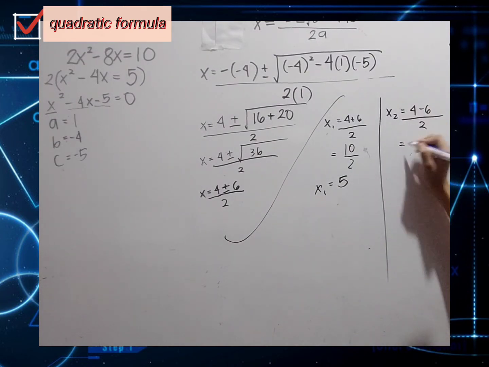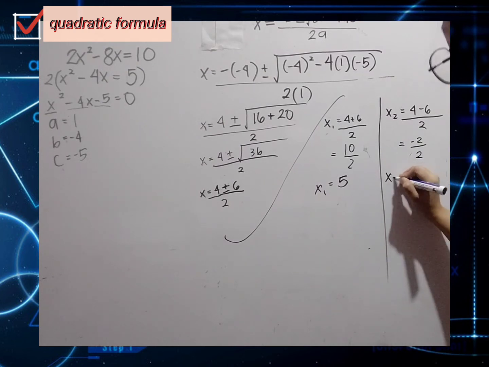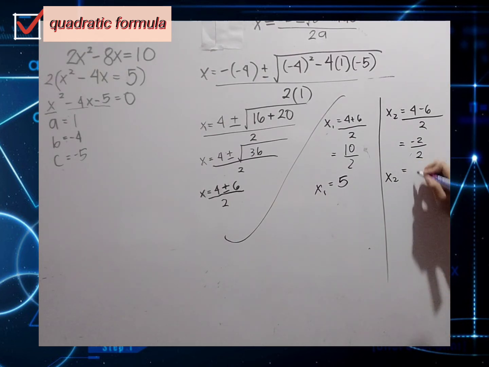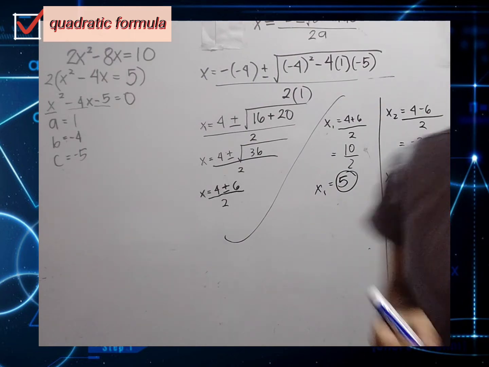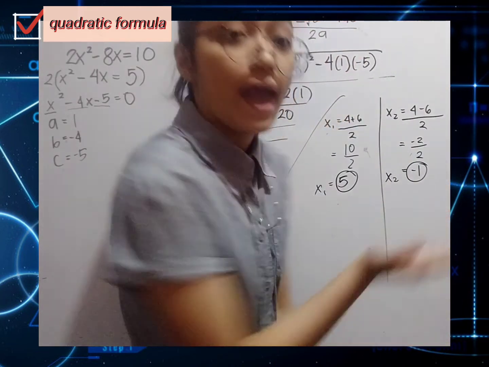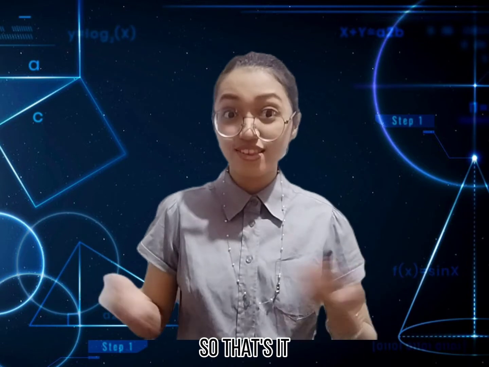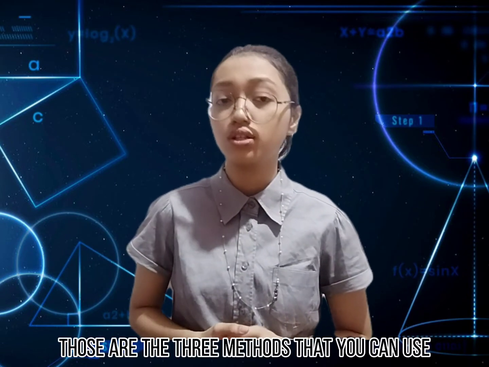In x sub 2, 4 minus 6 is negative 2, over 2, so x sub 2 is negative 1. So we can say that these are our values for x. So that's it. Those are the three methods that you can use in solving quadratic equations. Thank you and hope